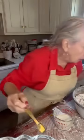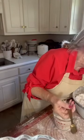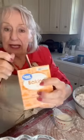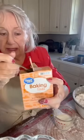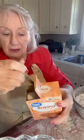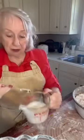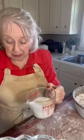Make sure I'm right now, because we can't mess up on this part. Let's see. Yep, 1 teaspoon. You're going to take a teaspoon of baking soda and level it off. What I do is I rub it on the side of the thing like that. 1 teaspoon. And when you dump it into your buttermilk, that's room temperature, and when you